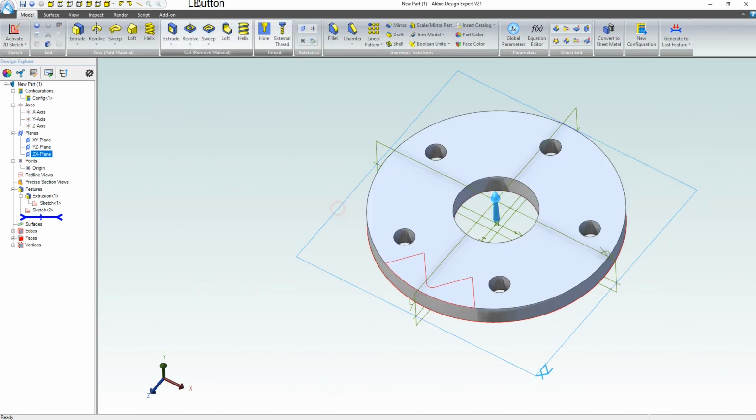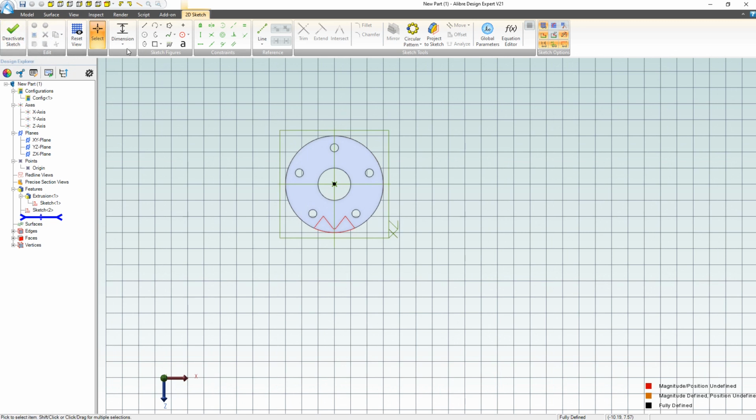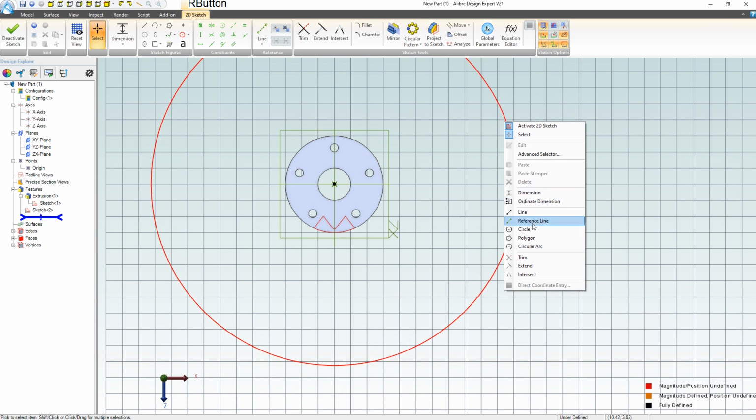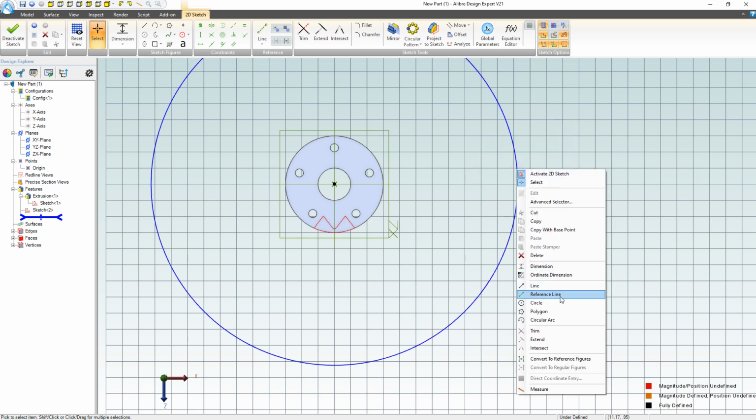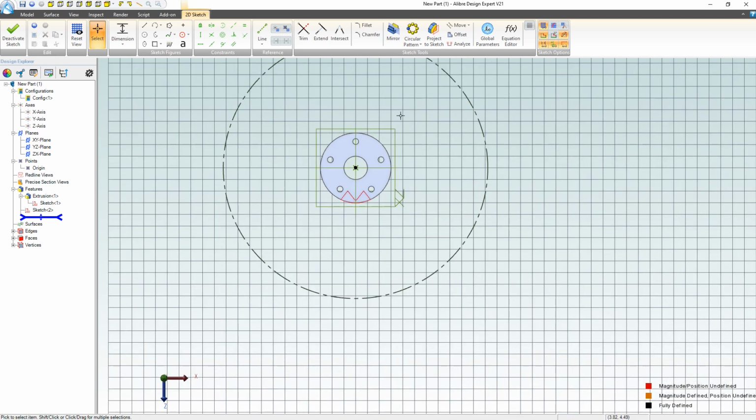So let's deactivate that. I'm going to come up with a reference sketch here. And let's go with the sketch. And I want this to be just for reference. So we're going to do that same trick that I just learned. Where is it? Convert to reference figures. Bam. Let's say we want this to be a 19-inch wheel, right? One of those cool ones. We'll go with dimension,